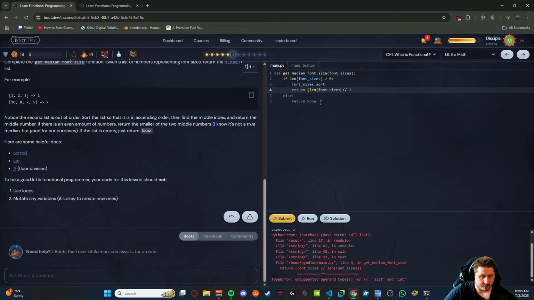Len of font sizes. But what I need is the value. Font sizes of that. Font sizes, len font sizes divided by 2. List object is not callable.